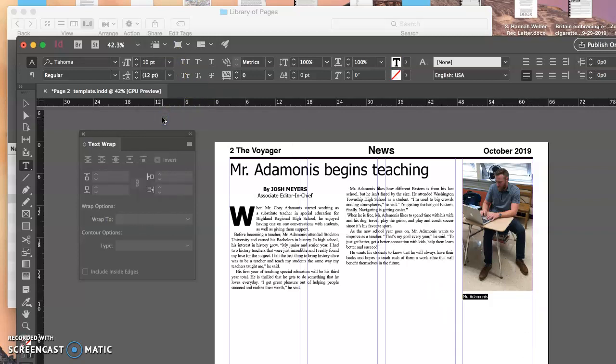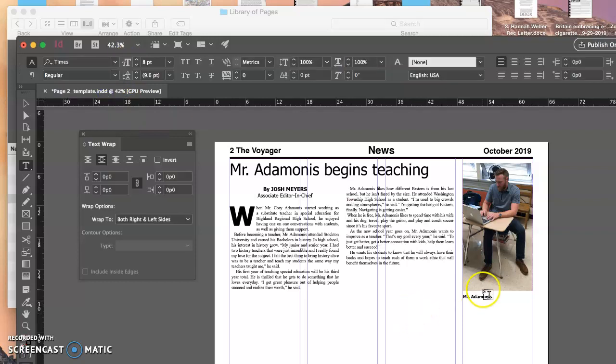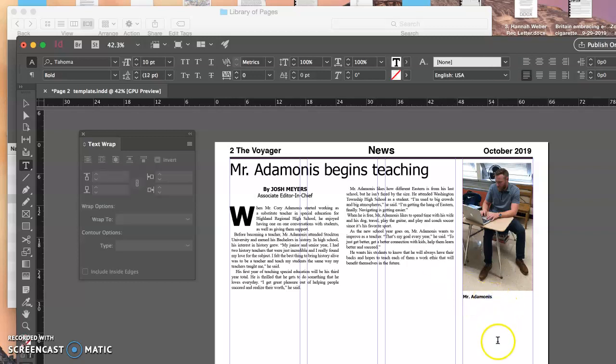All right, I want it to be bold. Why? Because we need the text to be different from this text. This is Tahoma. This is Times New Roman. They have to be different, or the reader thinks this is part of the story. So we need his name and then an active verb: types lessons on his Mac